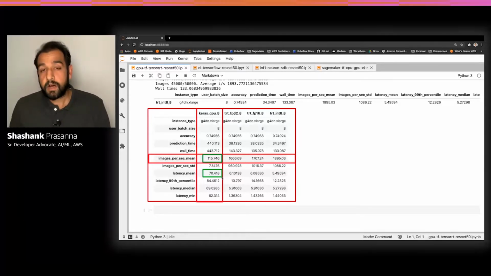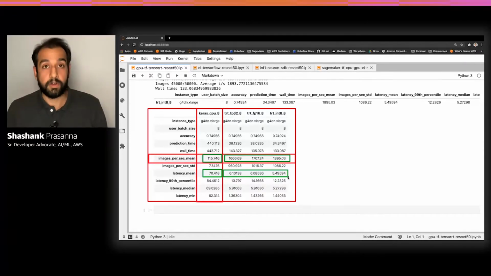But with NVIDIA TensorRT, I can compile the model, which does graph optimizations and layer fusions and a few other optimizations, and can also dramatically improve performance by compiling to reduced precision, such as half precision and integer precision. Let's see what happens when you do that. You automatically see here that the throughput dramatically jumps from 115 to 1600, and then 1700 and 1800 depending on what precision you're deploying with. The lower the precision, the more compute power the GPU has to compute your inference requests. This also dramatically decreases the latency. You can get up to single-digit latency inference, which may be very important for your video example or speech example